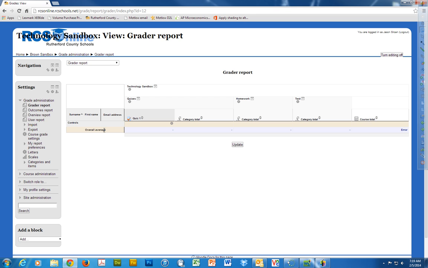And so the way this works is the students will do the assignments and the grades are calculated, Quiz 1, Quiz 2, and so forth. And then the category totals will update as well, and that will update the course total, and that is all you have to do. So for each new assignment,